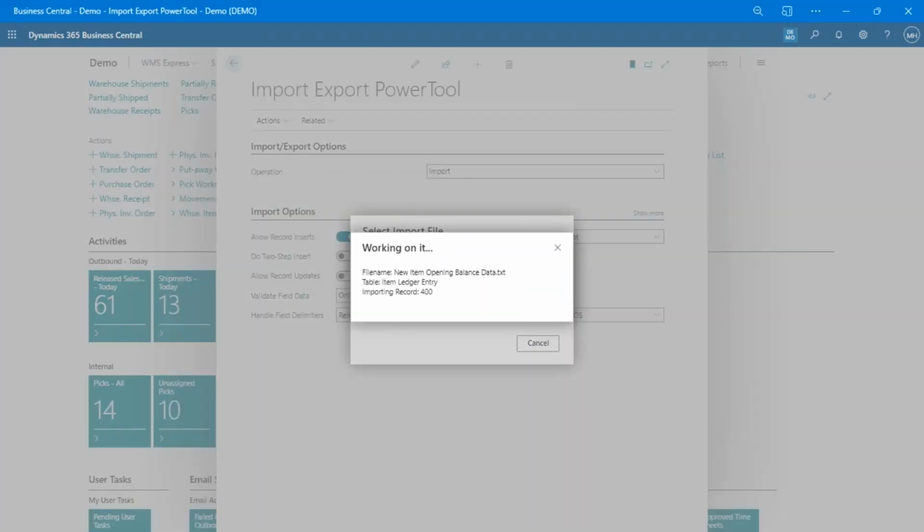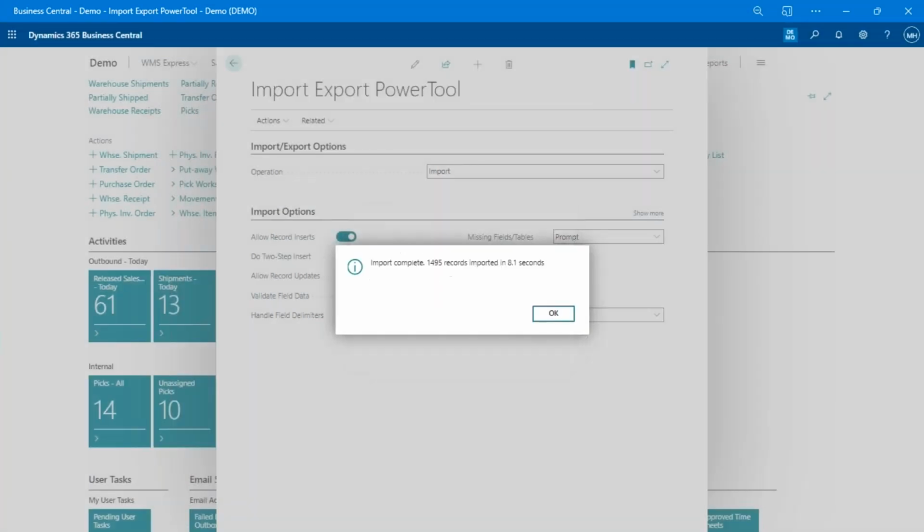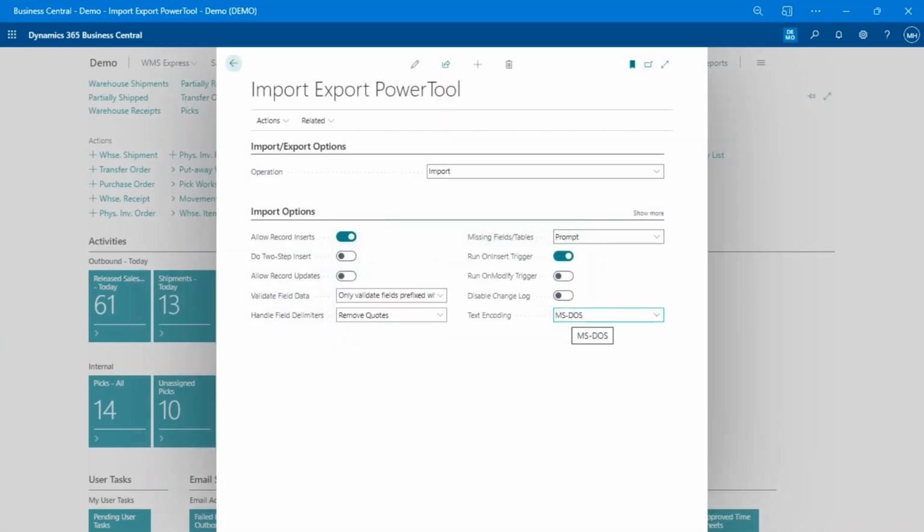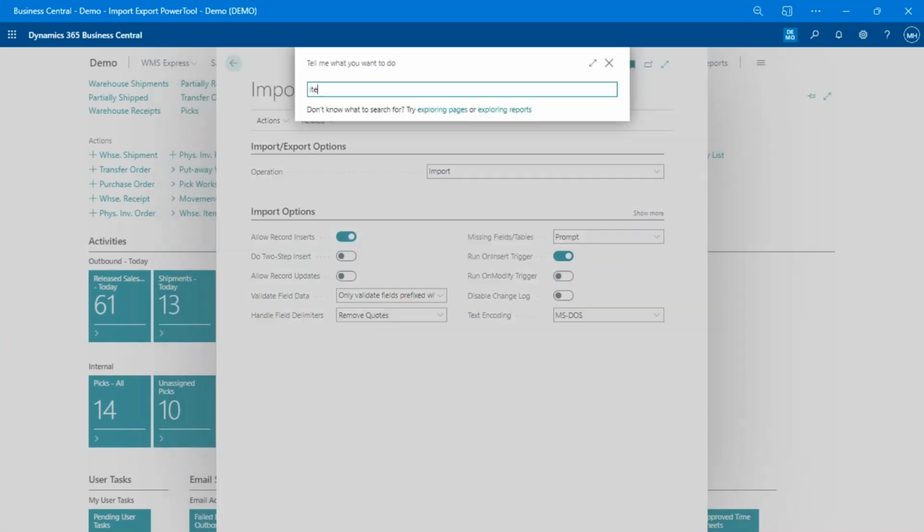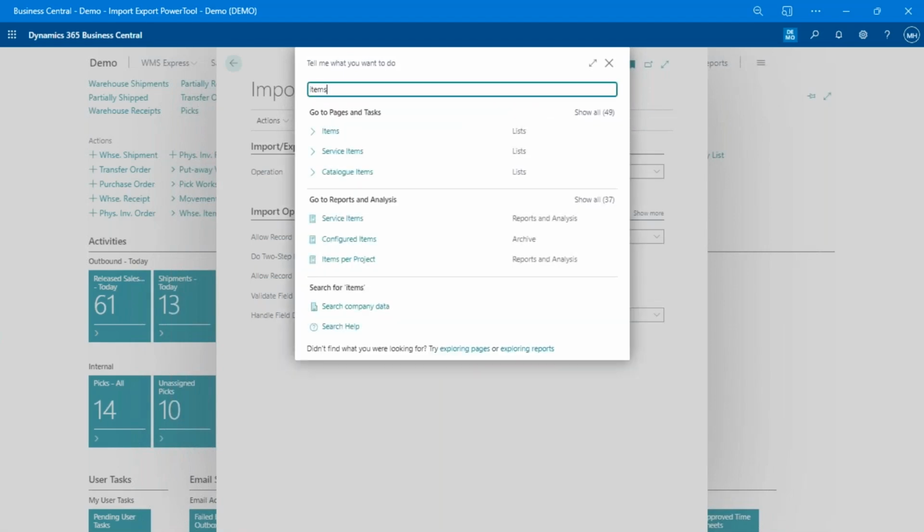And again, what we're doing here is we're sucking this directly into the item ledger entries. There's no posting required, which means there's no impact to the GL. There's no value entries. There's none of that stuff that gets generated. But we get that sales history, right? So now if I open up the items,